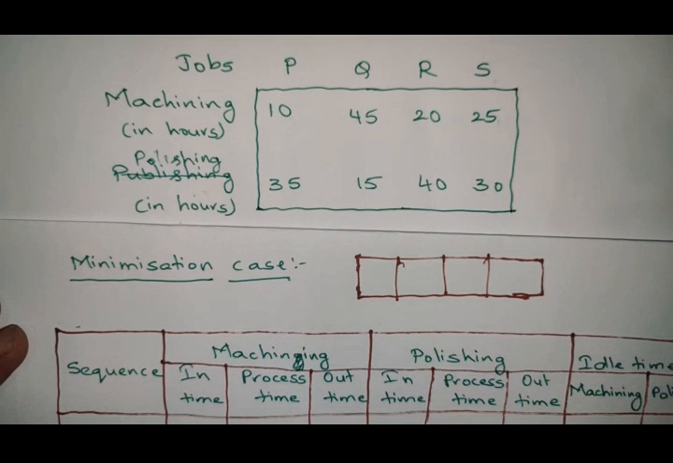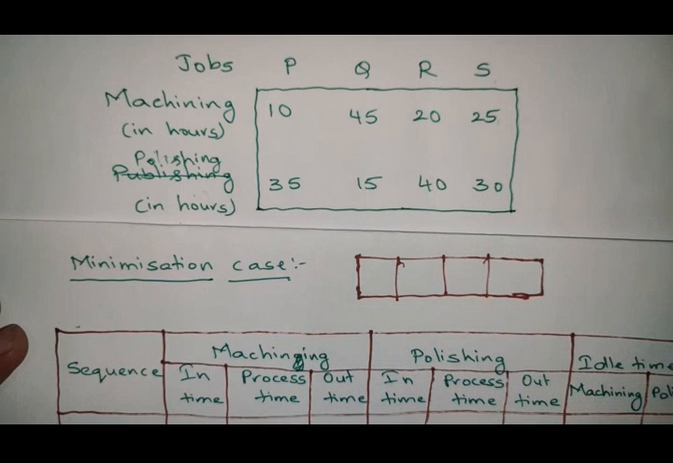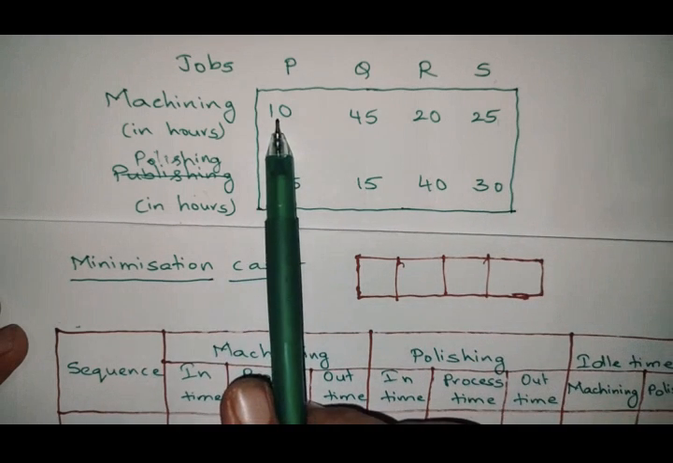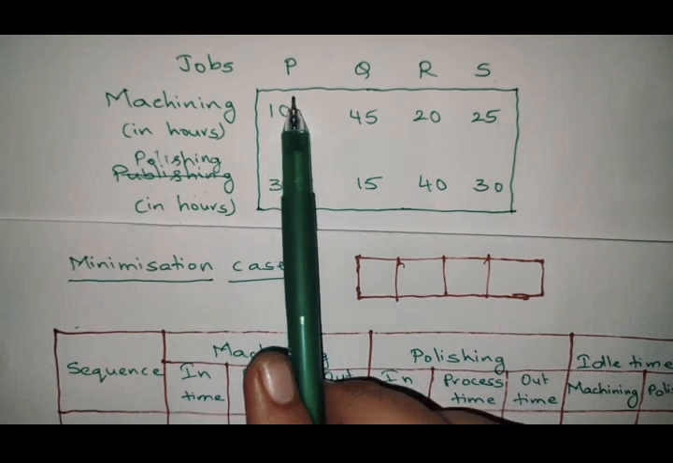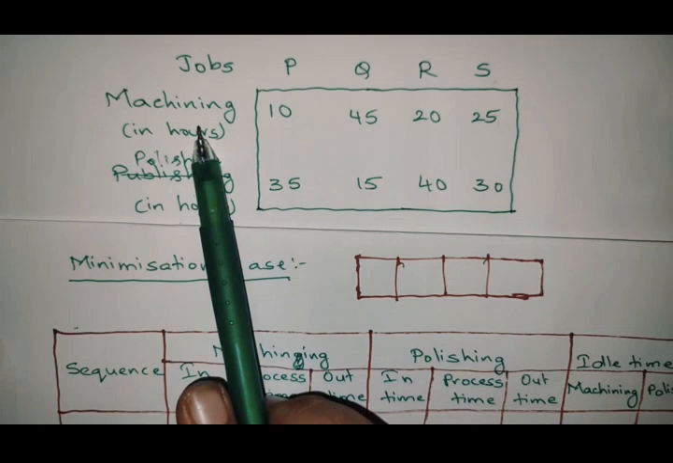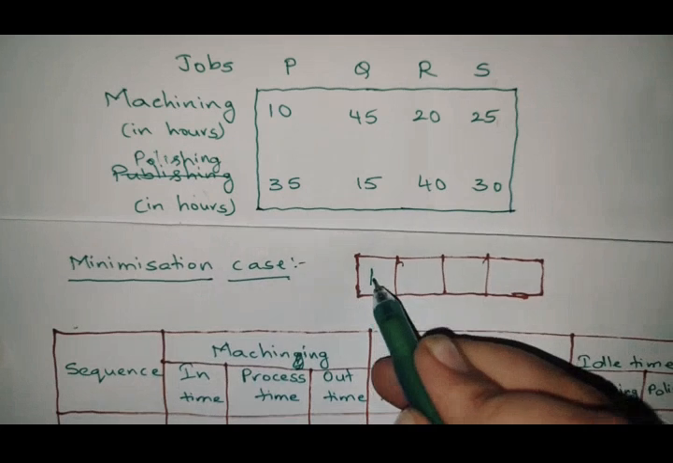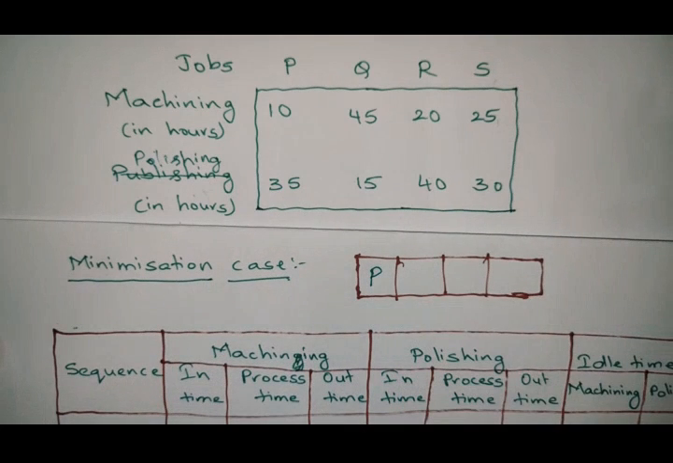So first of all, identify the minimum value in these 8 time estimates. So what is the minimum value? So minimum value is 10 and that is regarding the job P, which is present in the first process. So that's why write P on the left side of the table, P. So strike off